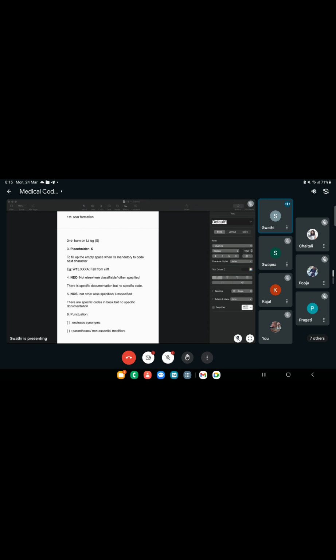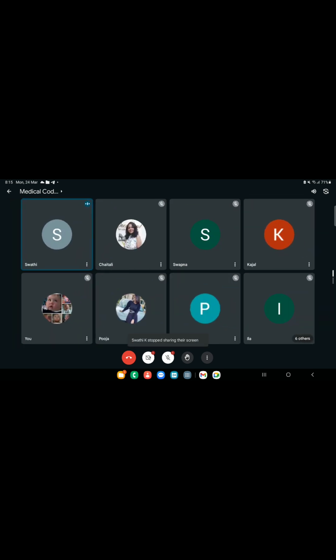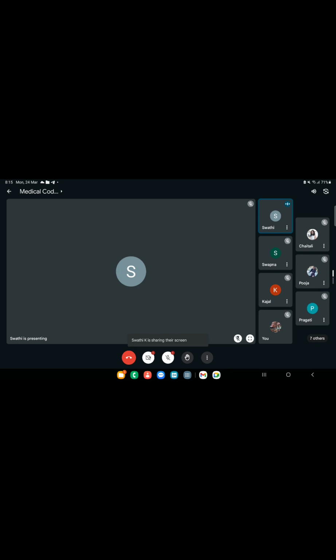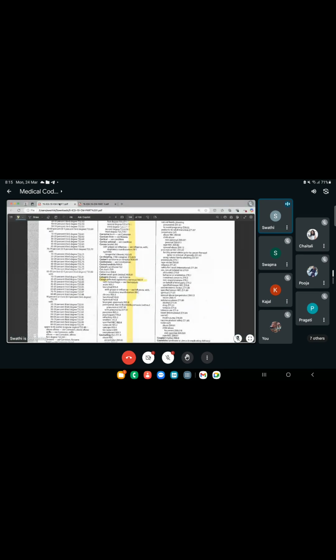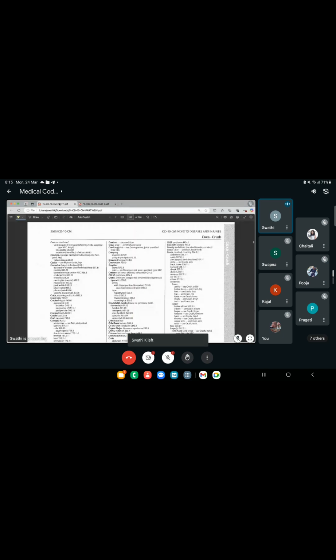This includes the supplementary words. Any terms mentioned inside the parenthesis are the supplementary words, and this you will see in the alphabetic index, also in the tabular list. So for example, let's take it as